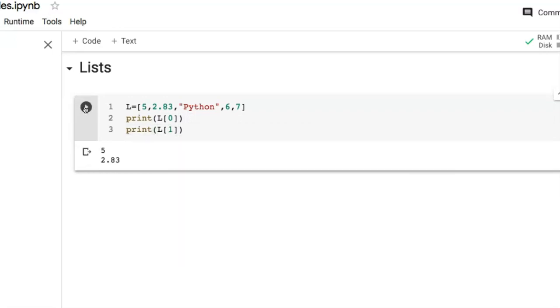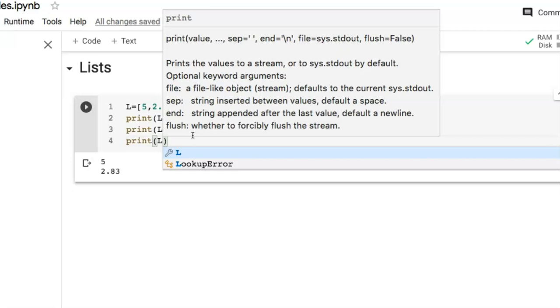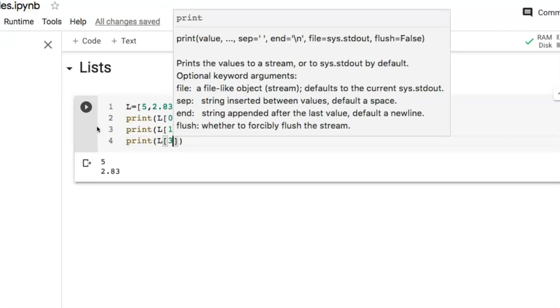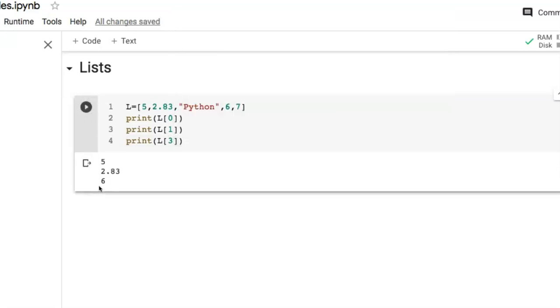Run this, and we got value 2.83, that is element at index number 1. We can access any element from the list. Just try third one. So here try this, and we got value 6, that is element at index number 3.